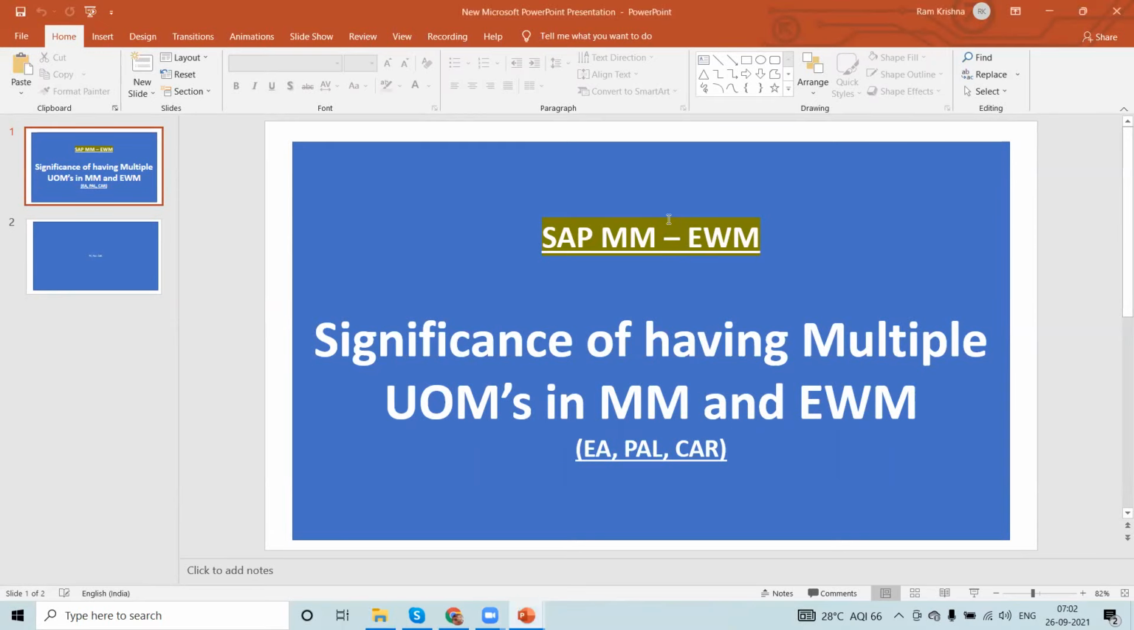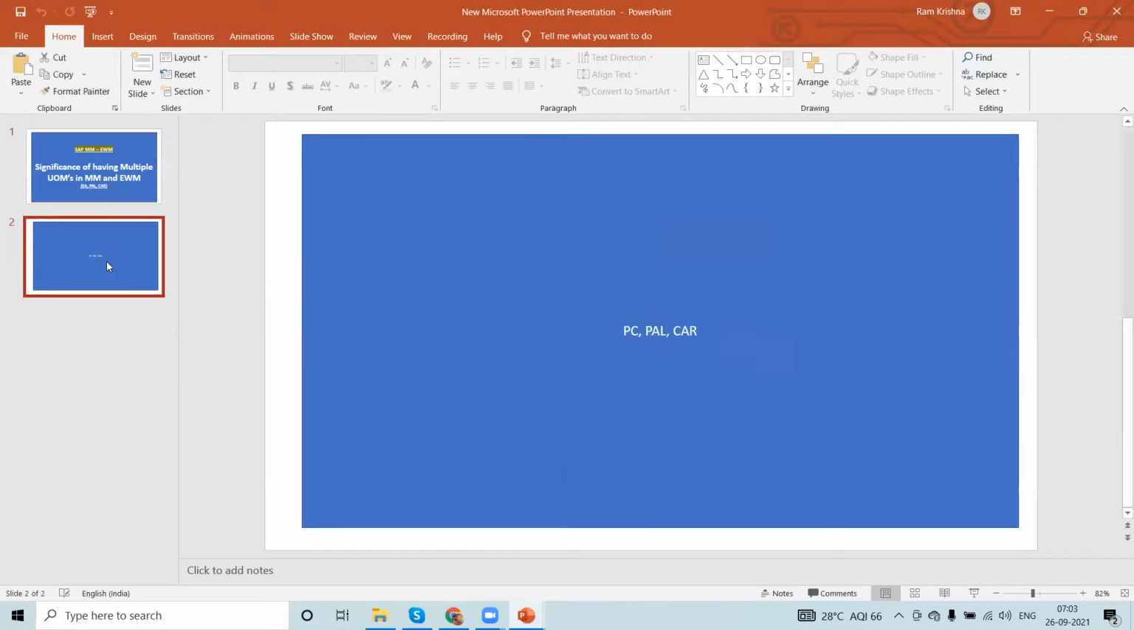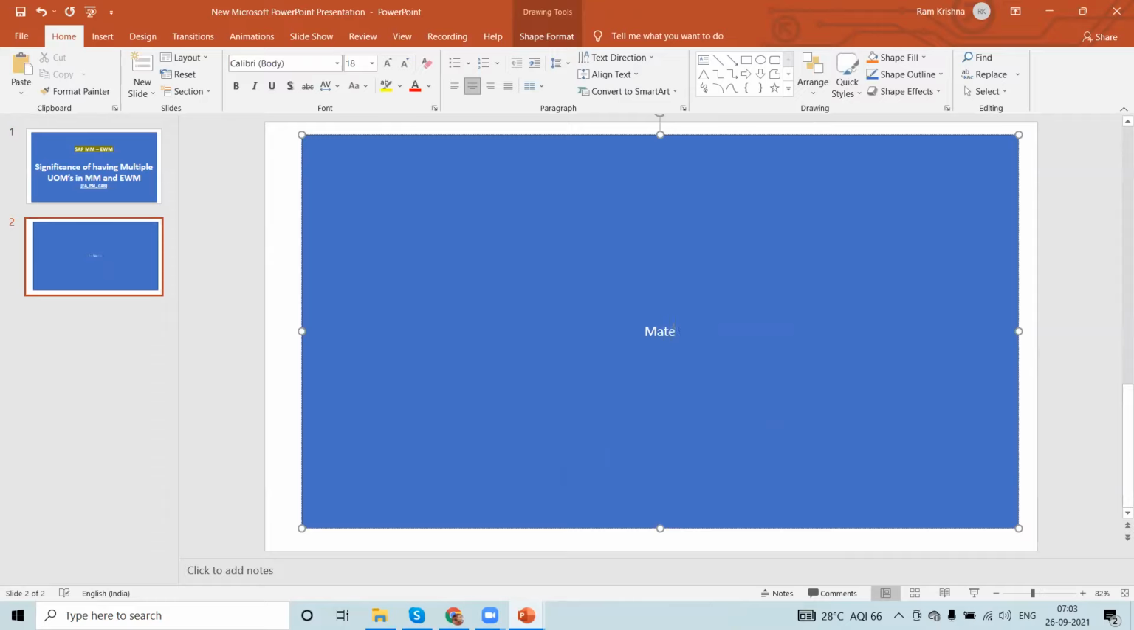Hello everyone, good morning. In today's class, we will discuss the significance of having multiple UMs, multiple units of measure. Generally, we maintain the unit of measurement for the respective material. In the material master, we are going to maintain the respective units of measure. So whenever we are using different kinds of procurement, it means the vendor